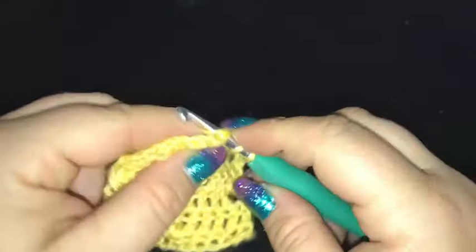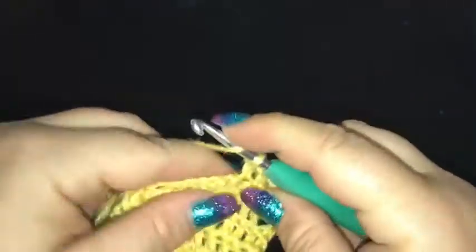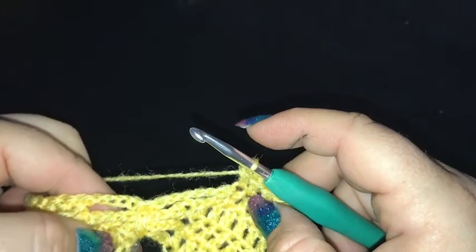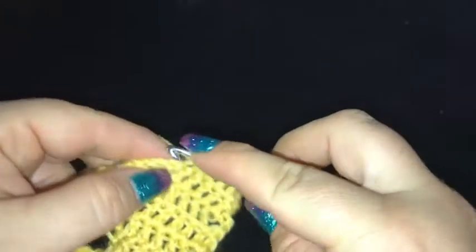And we're starting our second butterfly. So it's just a chain space again over that 8 spot gap. Remembering we chain 11, we want the chains a bit loose so that we can pull them all together with that slip stitch on our 5th row. Yeah, 5th row. Had to double check myself then. So 7 double crochet, chain 11,